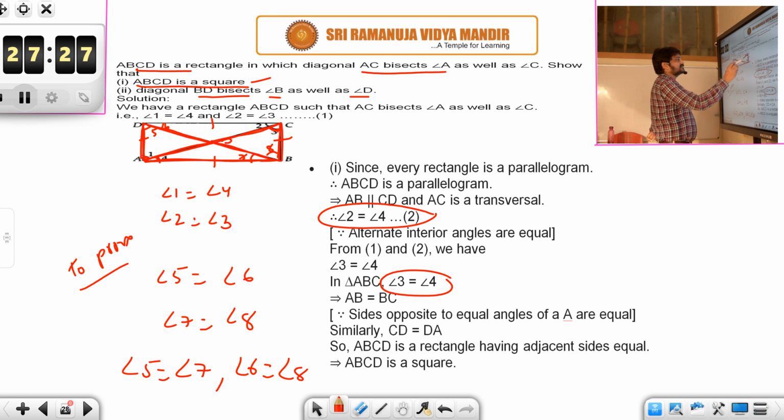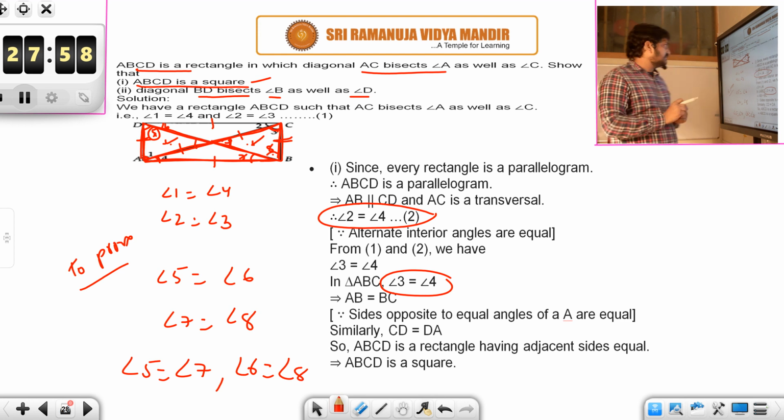See, in these two triangles, this CB is equal to DA, right? And then vertically opposite angles. And we know that diagonals are bisecting each other. So, we know that these two triangles are congruent. Now, using converse property of congruent triangles for these two triangles, you could show that angle 5 will be equal to angle 8 because corresponding angles will be equal by using CPCT.